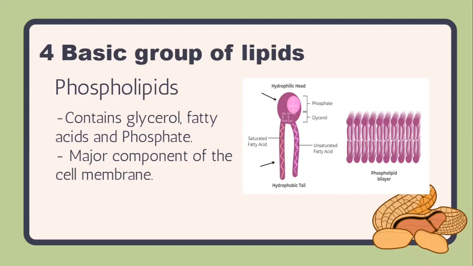If phospholipids combine together, they can create a phospholipid bilayer, which is the major component of the cell membrane, and not just the cell membrane but also the nuclear membrane of the cell and the membrane of the mitochondria. The cell membrane is semi-permeable since the hydrophobic nature of the tail prevents diffusion of most molecules across the membrane, thus allowing only certain molecules to pass through it.